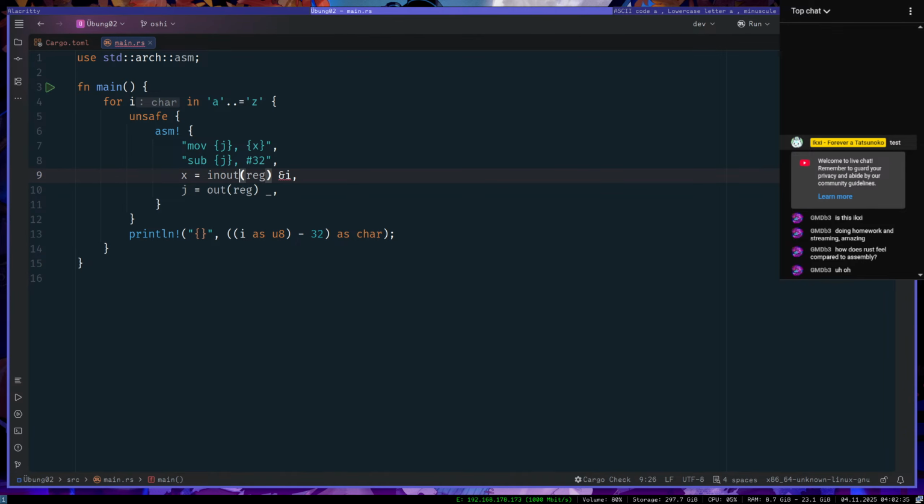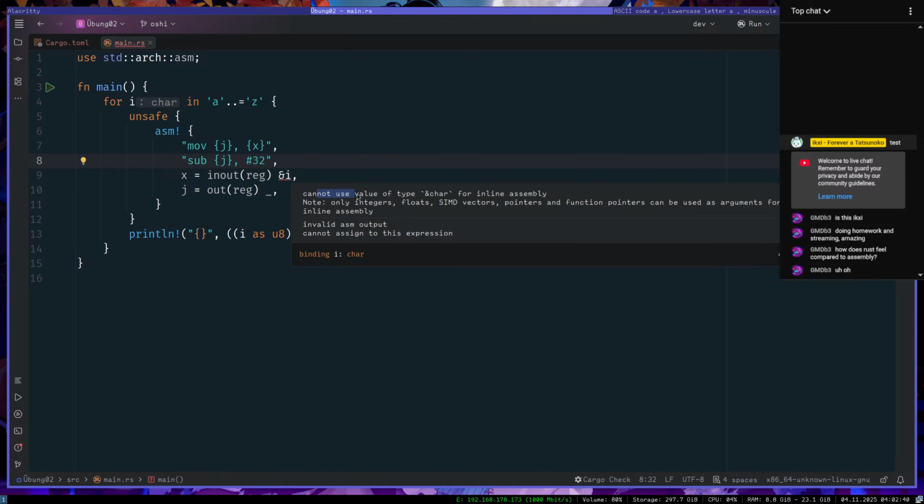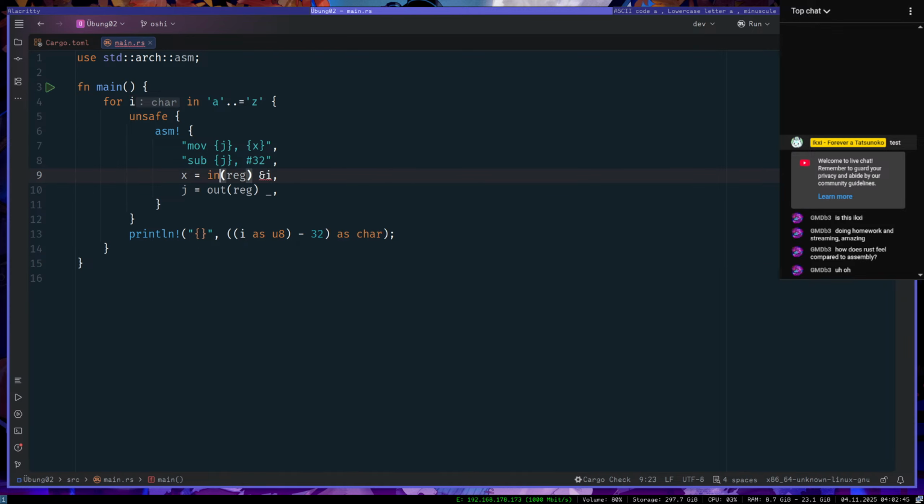So in out, no, that also doesn't work because I cannot use type char for inline assembly, only in. Okay. But wait, when it's only in, it works, but when it's in out, it doesn't.